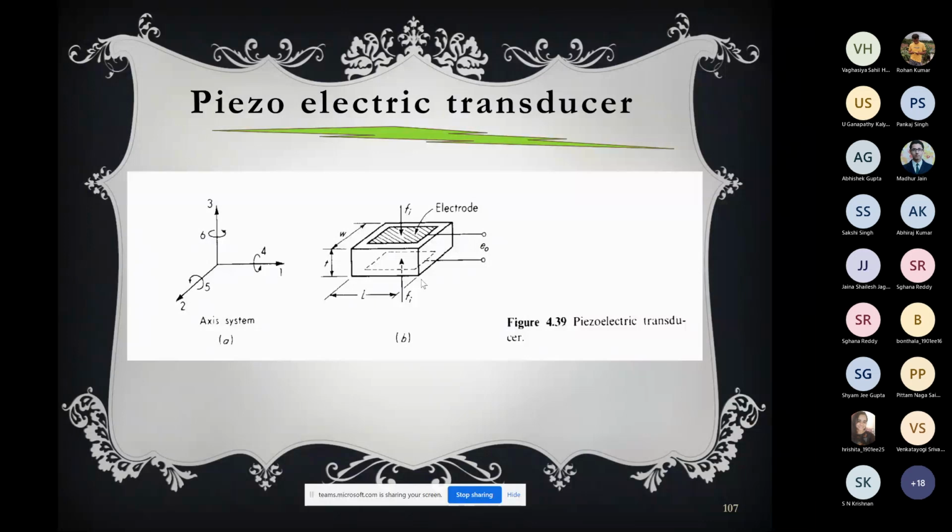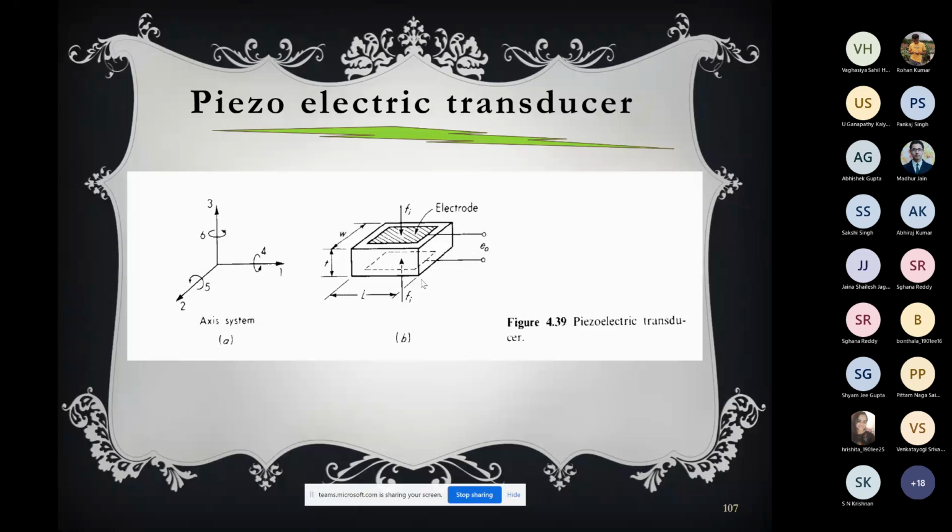So what is the piezoelectric effect? When some solid materials are deformed, they generate electric charge, and reversely, when you give electric charge, those solid materials get deformed. This effect is known as the piezoelectric effect, and the materials which exhibit this effect are called piezoelectric materials. Now, as an engineer, we need to see if we can use this effect, which is a very important phenomenon, in our applications. Definitely, it can be utilized in many applications. We'll focus on transducer or sensor applications.